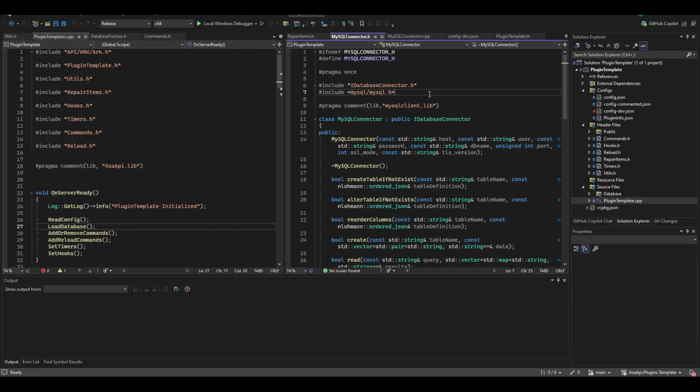All right. In this video I will teach you how to integrate SQLite for your plugin. I do recommend using this one only if you're on a single server and need to store simple data, not connected to any cluster, because